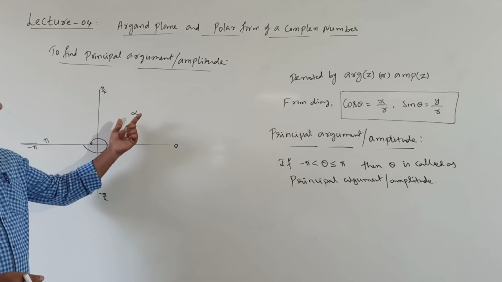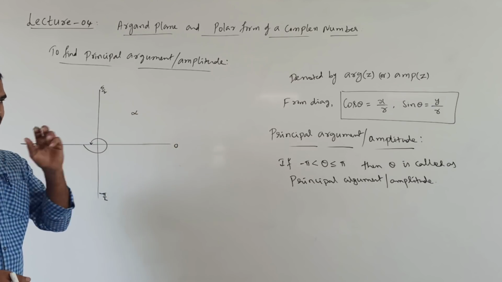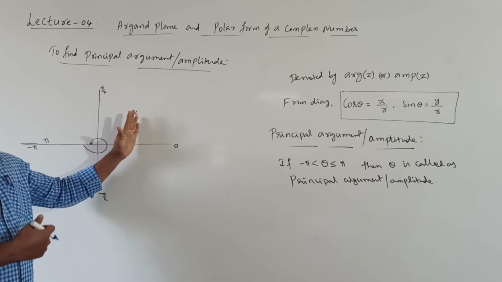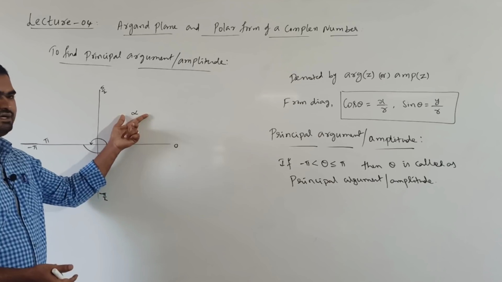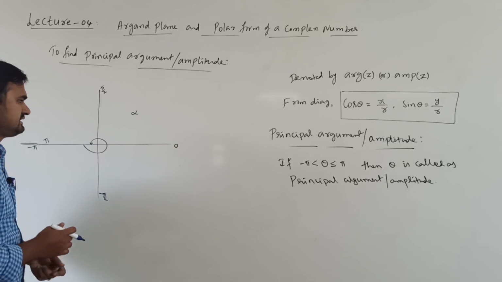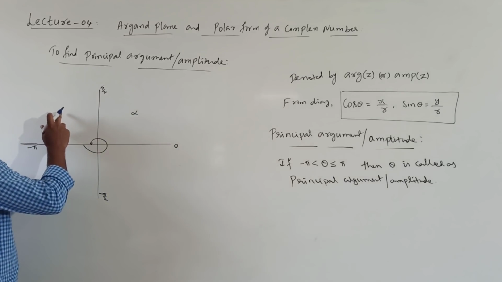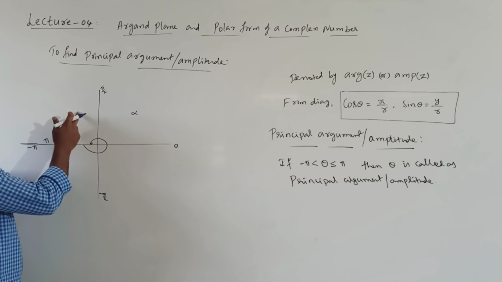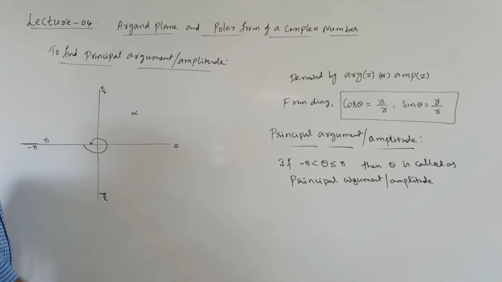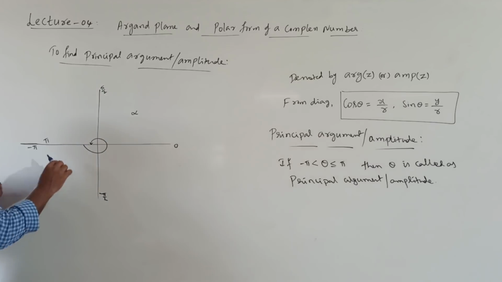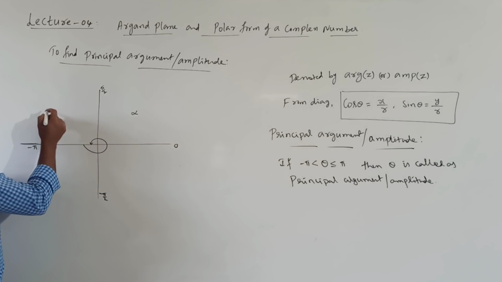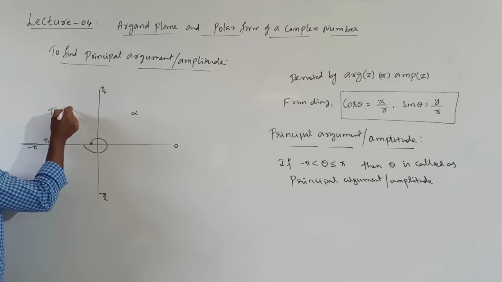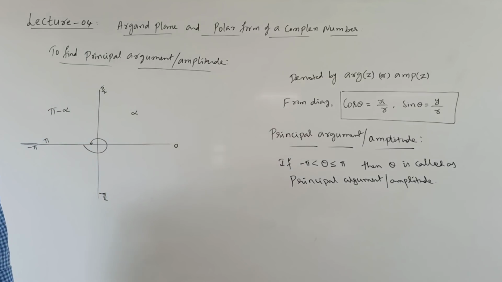Okay, I am representing in terms of alpha. So if we come to know that both cos and sin are positive, now angle lies in first quadrant, so directly we can take it as alpha. Next, suppose cos is negative, sin is positive, the angle lies in second quadrant. So how do we write the second quadrant angle? This is pi, we are taking in a clockwise direction. So second quadrant angle I will write pi minus alpha.